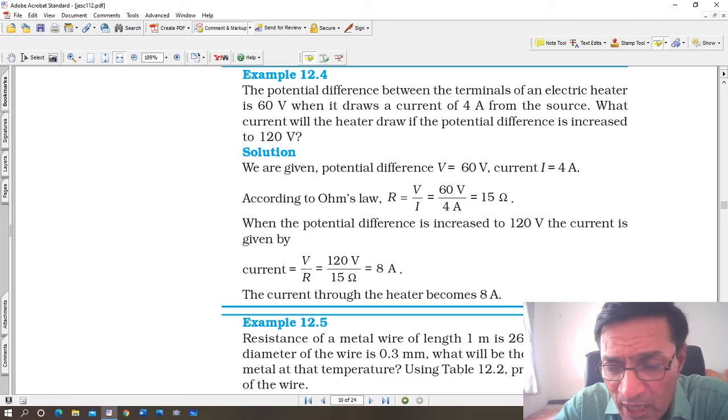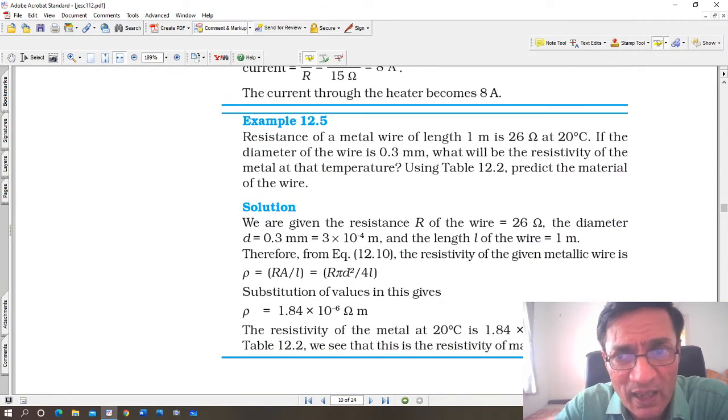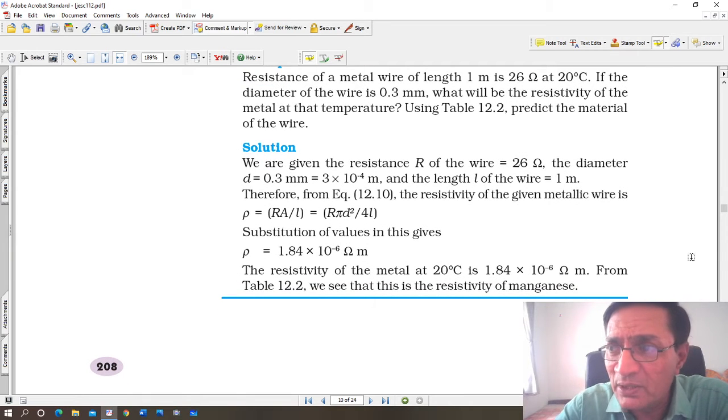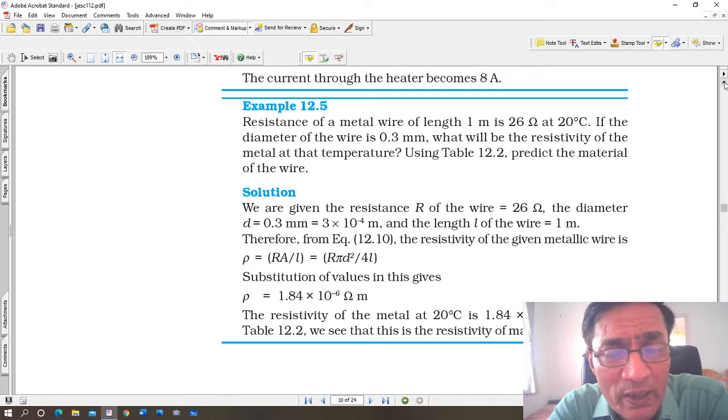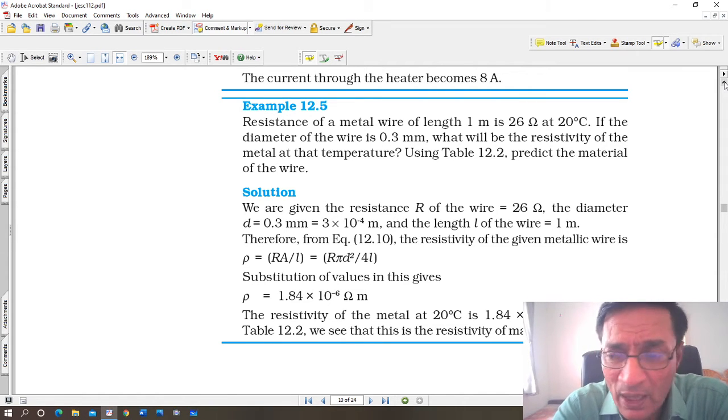These calculations are quite easy. I'll show you how to do them. You will see how easy they are, not difficult at all. There are many students who find these electricity numericals quite difficult because they don't understand the formulas. We'll do them and you will see how easy they are.